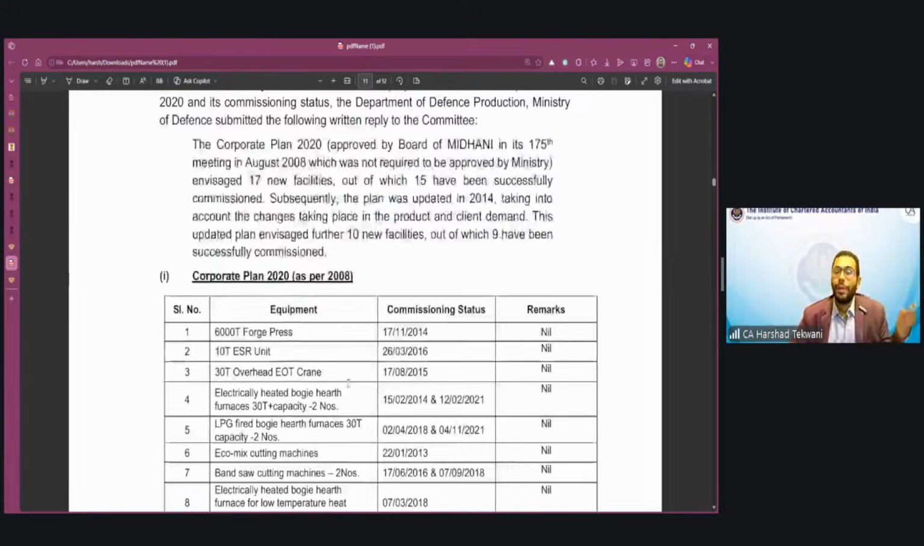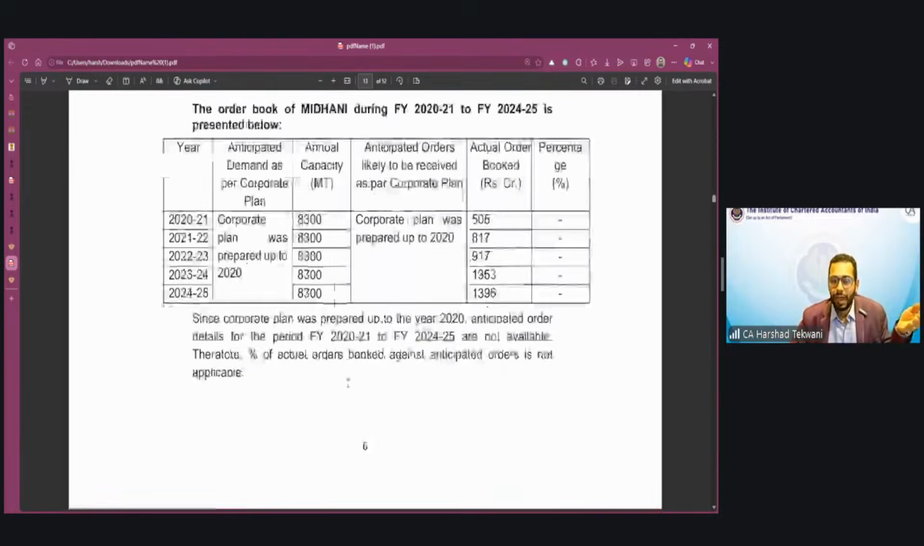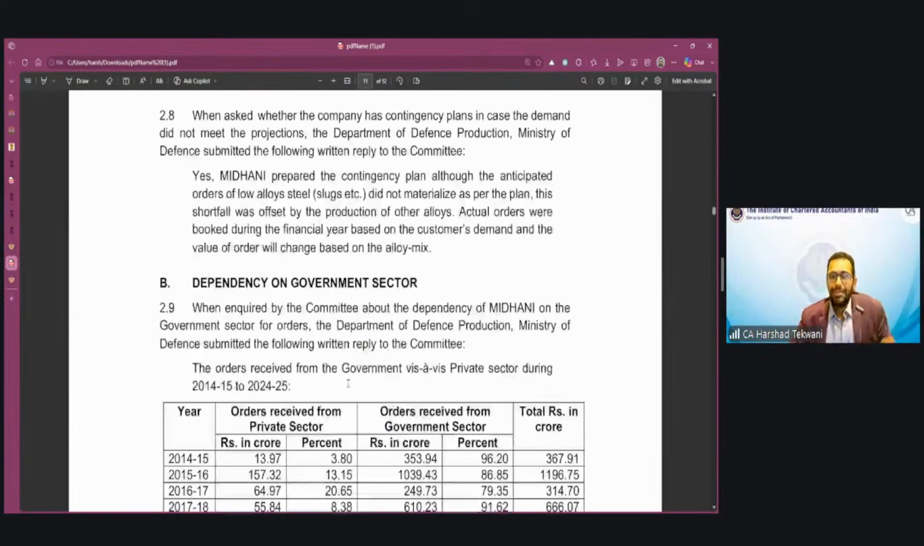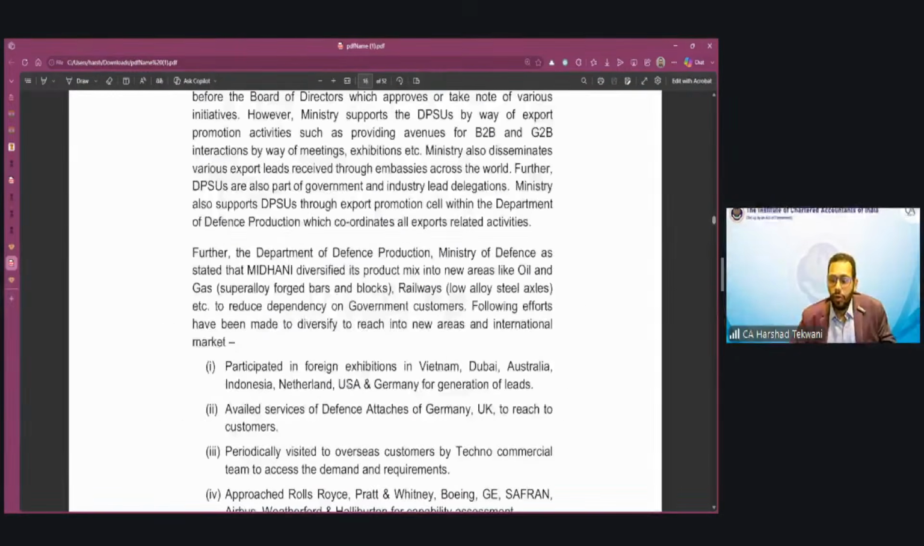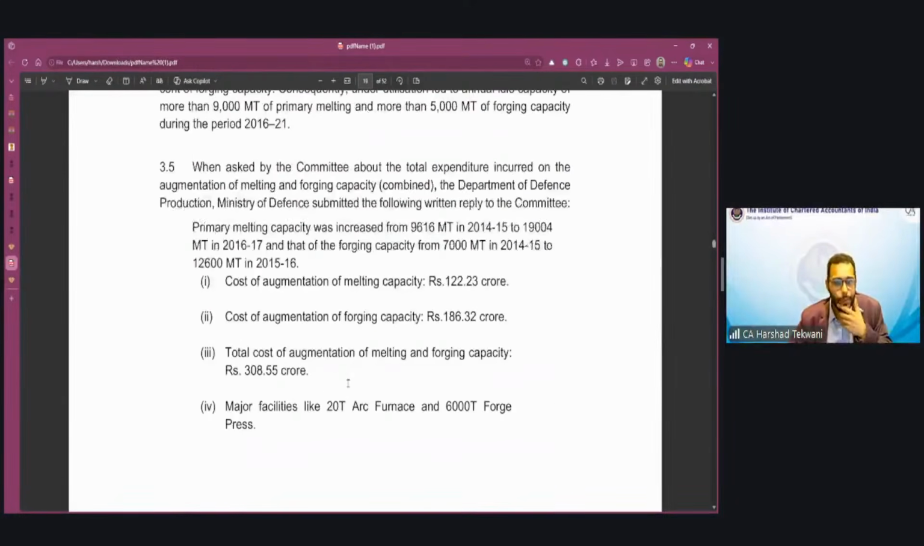What should be done now? The CAG has identified this particular issue. What should be done after that issue? What actions should be taken? So the next step after the issuance of the CAG report, if I just show you,